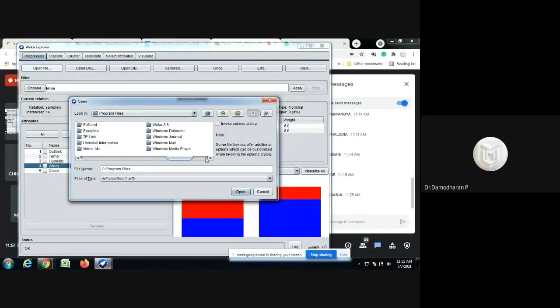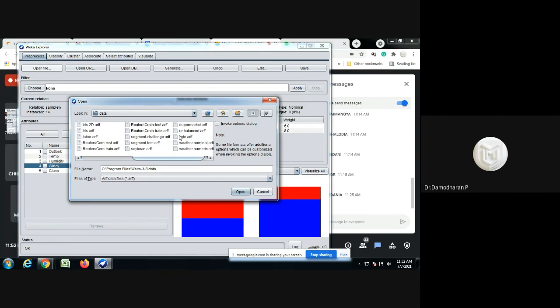According to our system, I installed it inside Program Files, then the WEKA tool. Inside WEKA, we can click data. If I click data, we are able to see there are a minimum of 20 data sets available for your reference. I'm using any one data set to open.